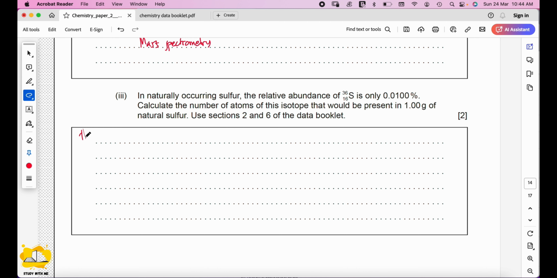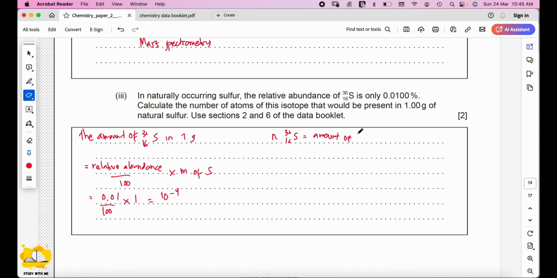So the amount of 36 sulfur in 1 gram would be relative abundance divided by 100 times mass of sulfur, which is 0.01 divided by 100 times 1 gram, which will produce 10 to the power negative 4. So now the mole of this sulfur, 36 sulfur, will be the